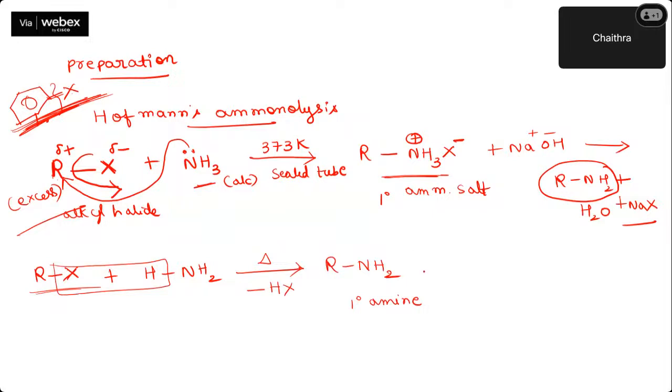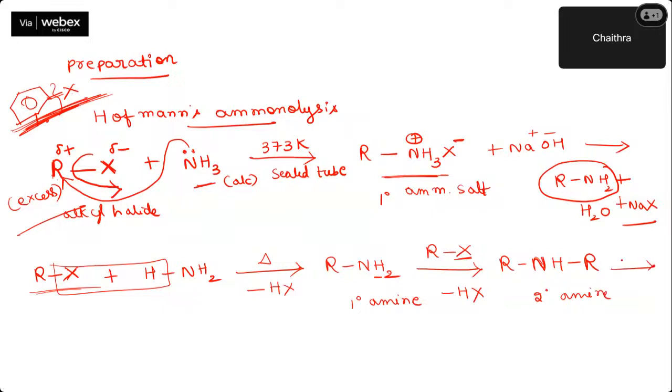Now, next step. Again, I have taken excess alkyl halide. Can you tell me what the product is in the next case? I took RX. So from here one H, from here X, I will replace. HX will go out and I get RNHR. So what is the nature of this amine? Nitrogen is directly attached to how many carbon atoms, guys? It is a secondary amine, right?